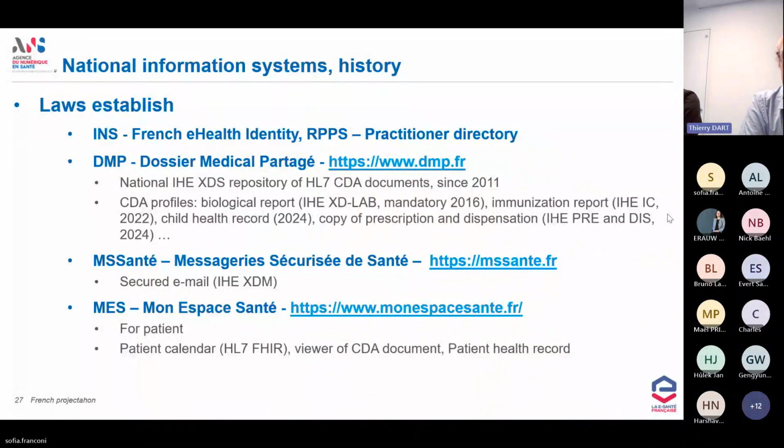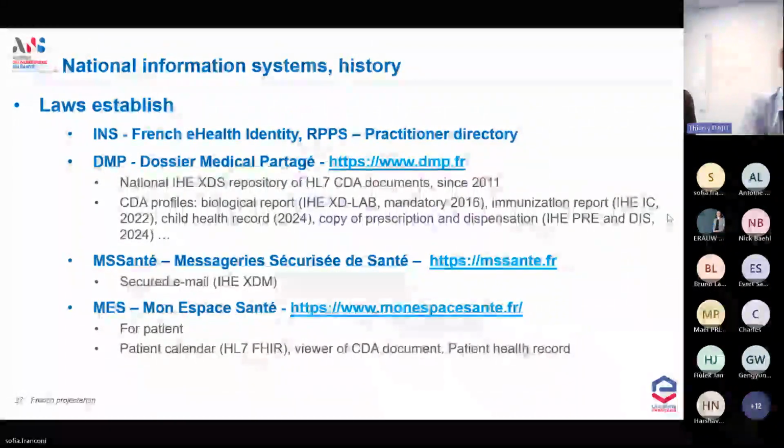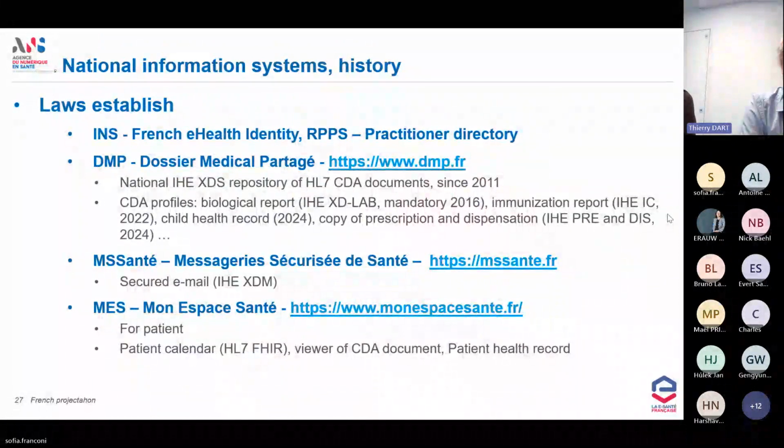Most are only PDF, CDA with level 1, I mean PDF, but some are level 3. And we use biological report in level 3, immunization report, and a child health report, and a copy also of prescription and dispensation. We have also at the national level a secure email system for practitioner